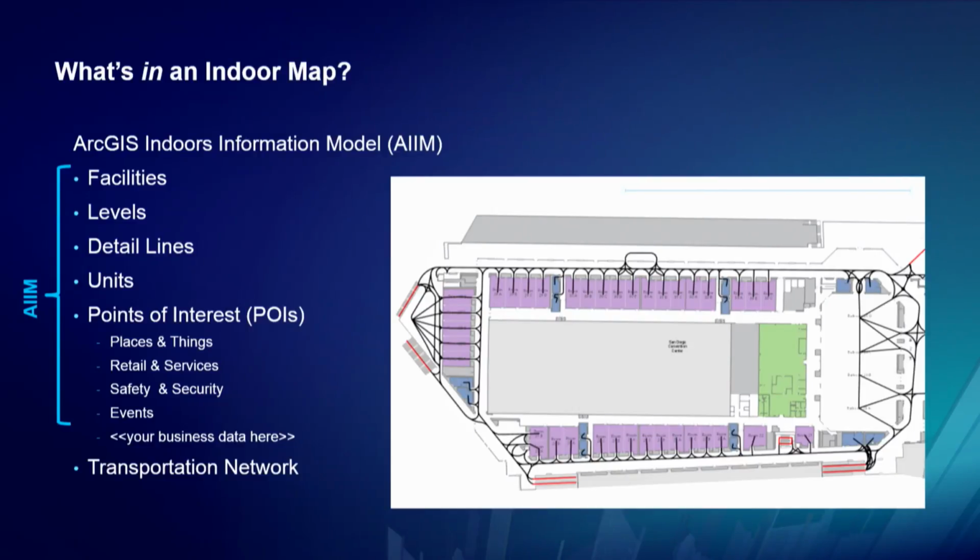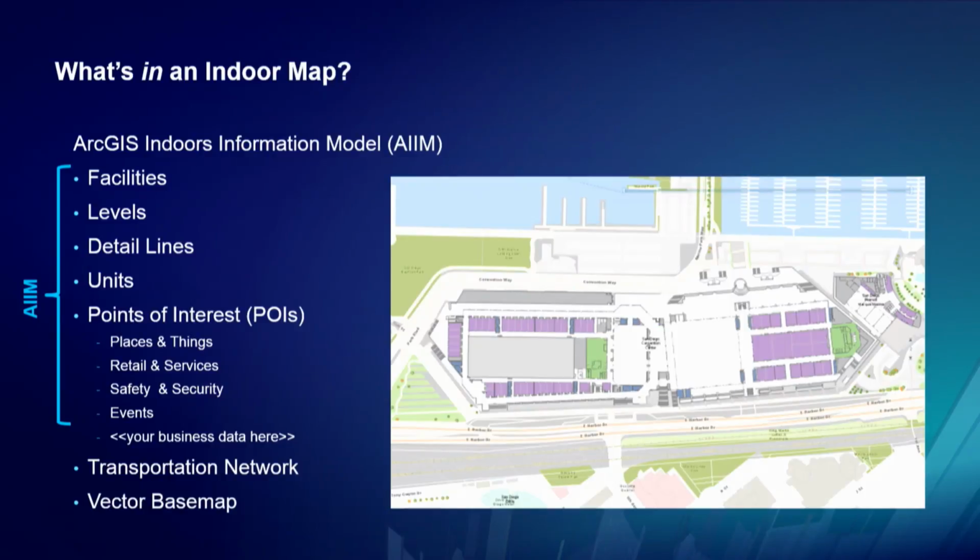And next, how do we locate or how do we route to a location? A transportation network. I think Jack has said the GIS is the nervous system of the planet, and the transportation network is really the nervous system of a building. It's how you get from place to place. It incorporates accessibility information, like say I want a stair route or an elevator route. I have accessibility restrictions on how I can get there.